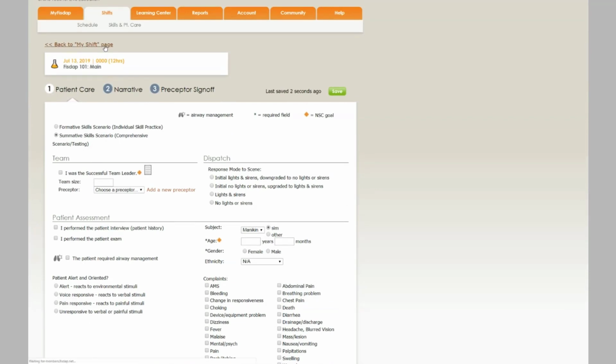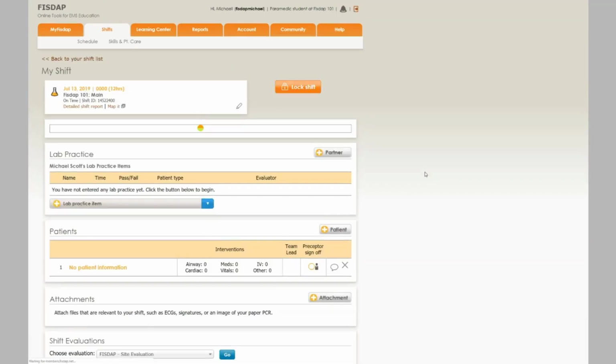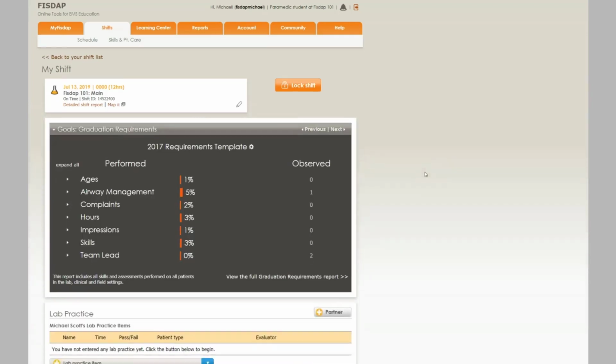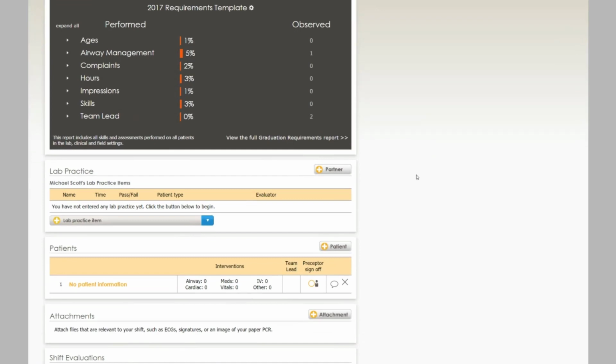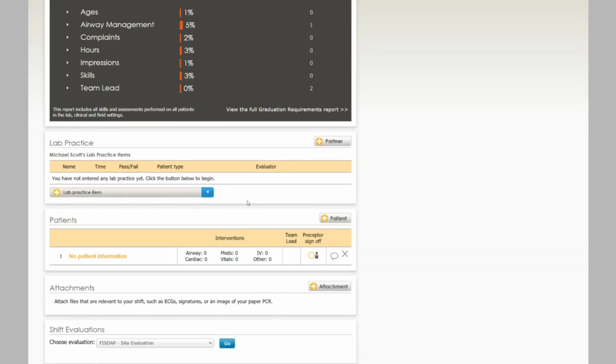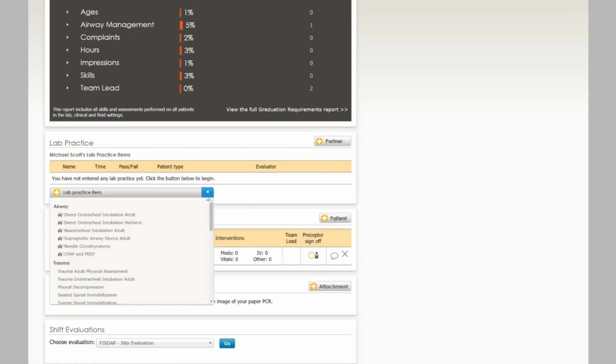Back in the My Shift page will be the real meat of a lab shift, which is the lab practice item. So your program has set up various skills, and they may be using the default ones or they may have made custom ones that are meant for labs specifically. And part of that is they will be tracking who evaluated you and whether it was successful or not, and they may do this by using a skill sheet. So if you click the drop down menu for selecting a lab practice item, and we say direct oral tracheal intubation adult, for example, it will load the skill sheet attached if there's a skill sheet,